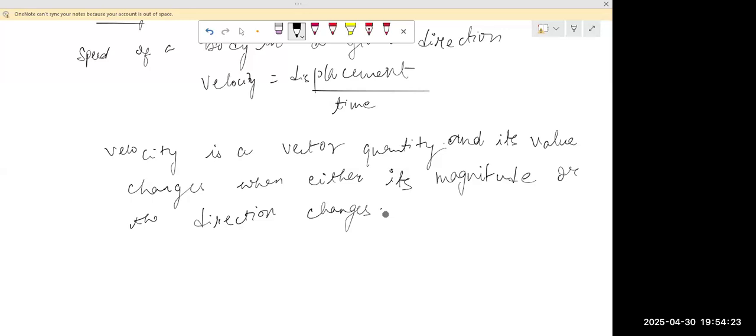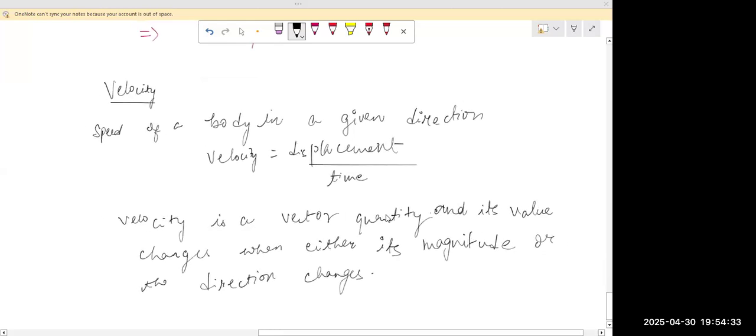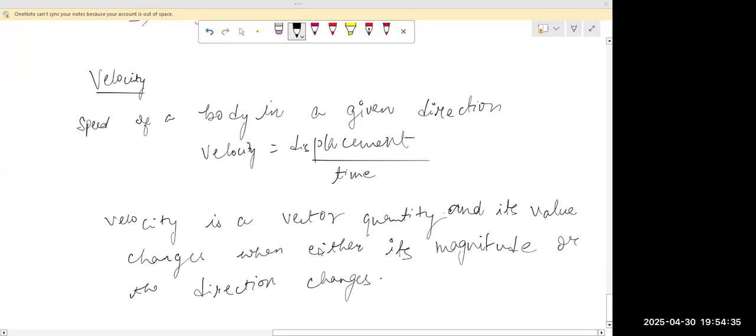All right. Done till here. Now we're going to continue non-uniform and uniform in the case of velocity, and then we're